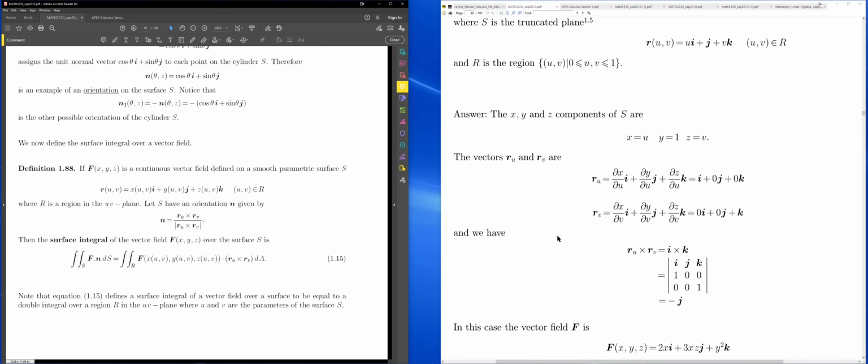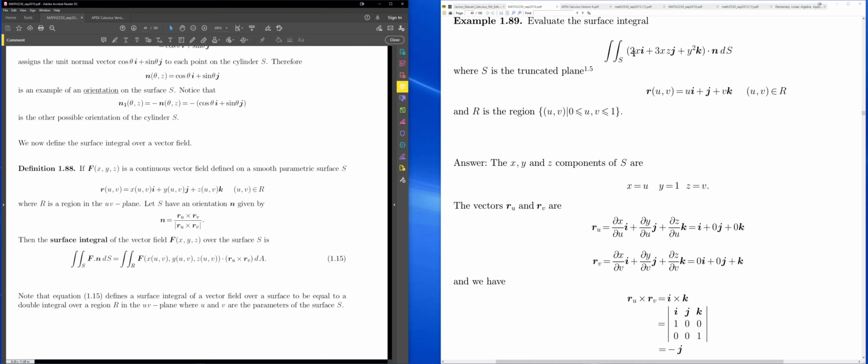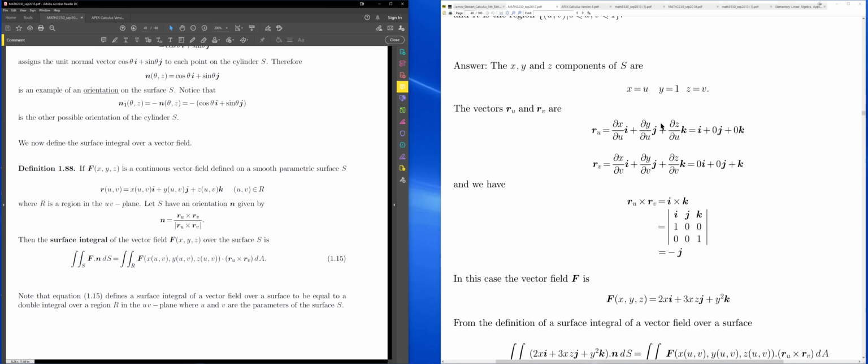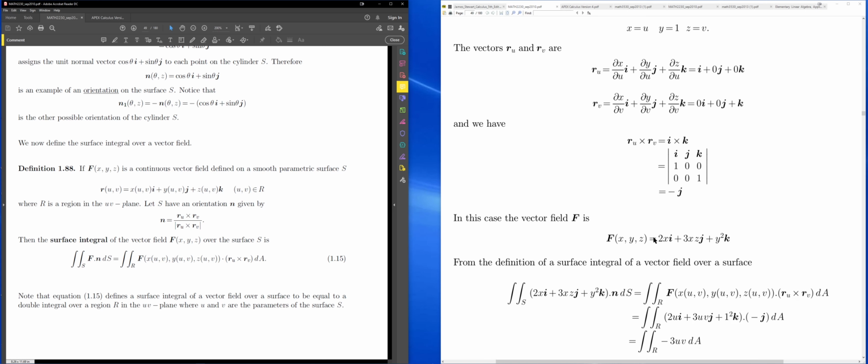Okay, so that's the r_u cross r_v, which I would need here. And then the next thing you need to do is, this is the vector field that's given to you. The vector field is 2x i, 3xz j, and y squared k. So I wrote down the vector field here. And from your definition of your surface integral, what you're supposed to do is,